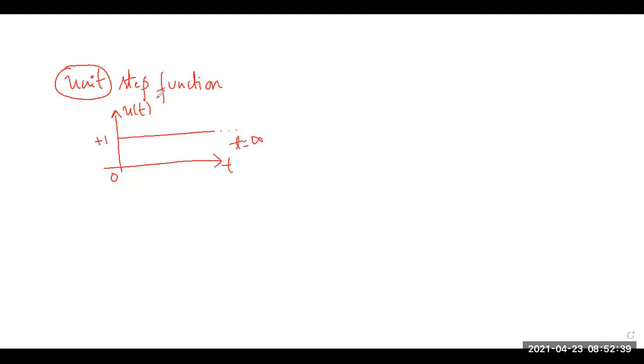So you might have studied this in your signals and systems course. Okay. Now, in order to get the signum function, which is like this, right now we are attempting to get the signum function, which takes on +1 for t greater than 0 and -1 for t lesser than 0.